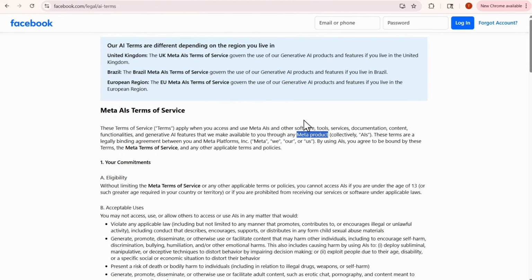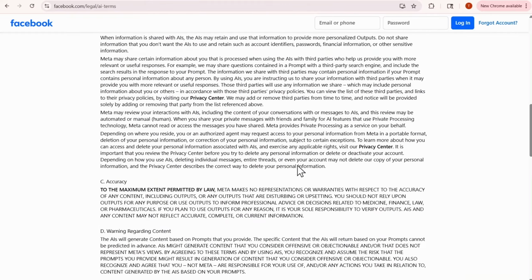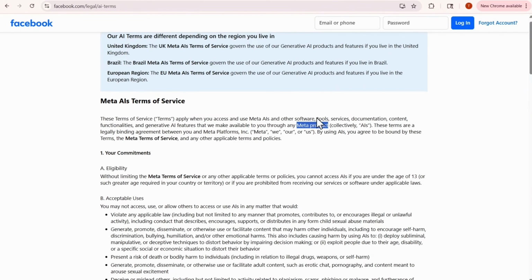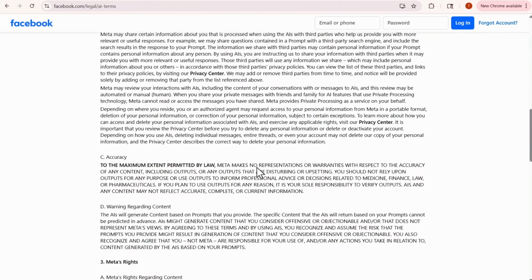So let's say, for example, you had a bottle of water, a microphone, and a laptop, right? If the terms of service that a company puts on their website says any product, all of the processing that is associated with each of the products needs to be displayed on the terms of service. You can't leave any out, which is why I think it's very important for companies to be very specific about updating and reviewing their terms of service. Because if you're making a representation that any of your products are covered within this terms of service, you need to make sure any brand new products are also incorporated into the provisions on the website.